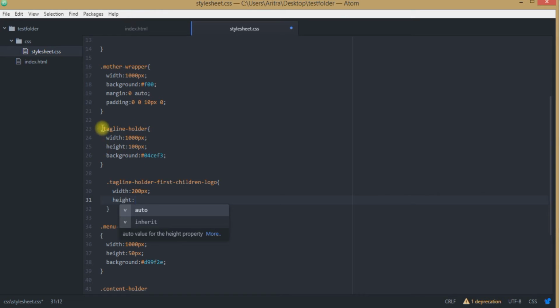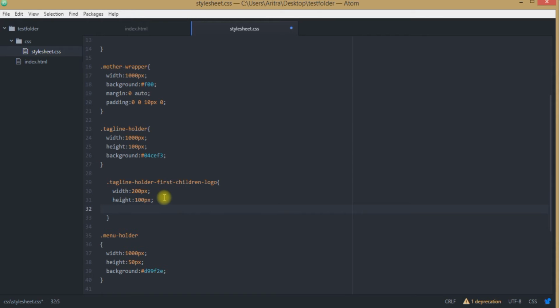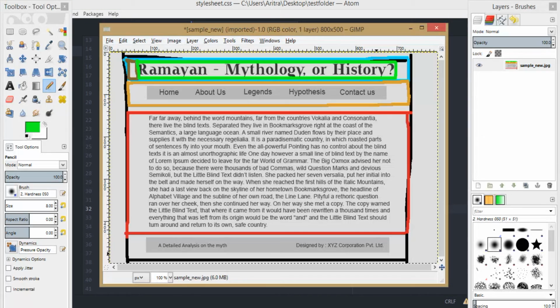If you confine your parent div to a particular height, then you have to follow that height rule strictly in those child divs. So if it is 100 pixels over here, then the child div should also have a height of 100 pixels. So I am providing the height of 100 pixels here for the time being. Later we will be removing all those heights from here. Now let's provide a background color over here.